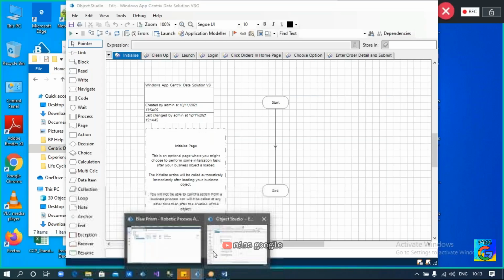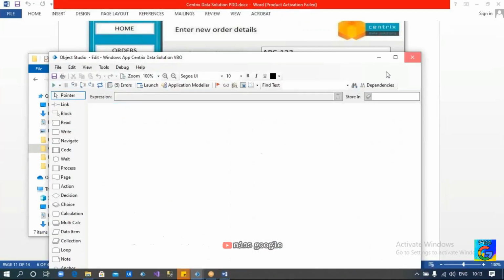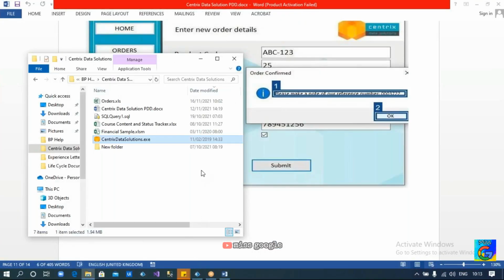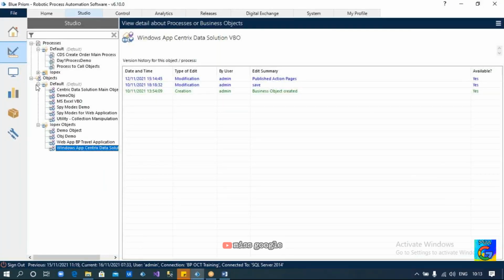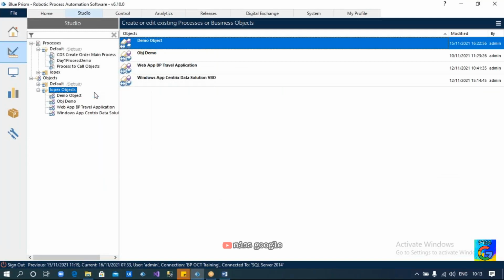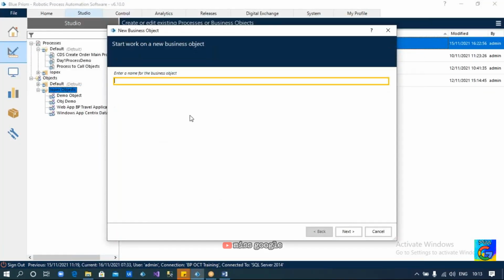So now I'm going to close this. Let us create the new object. This is our requirement document, and now we are clear on the requirement part. Now let us go to the object studio. First thing is we are supposed to create a new object here. Provide the name